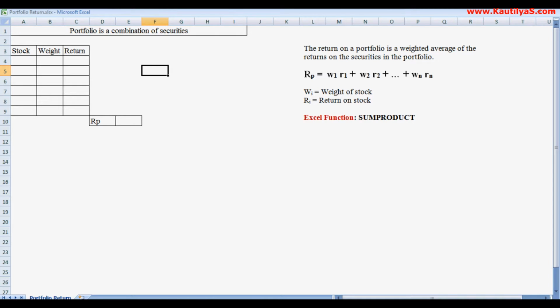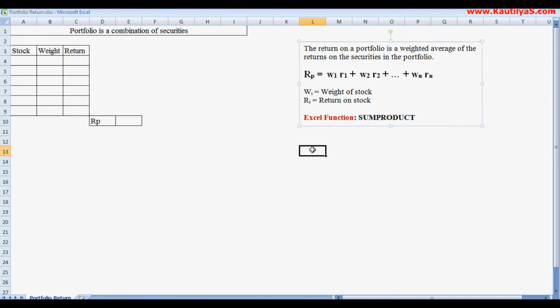To calculate the return on a portfolio, we use a different equation. So we see what that is. The return on a portfolio is the weighted average of the returns on the securities in the portfolio. That is, return on portfolio equals